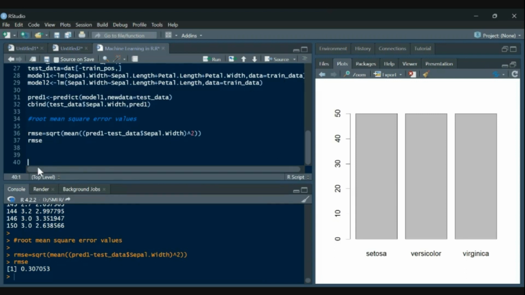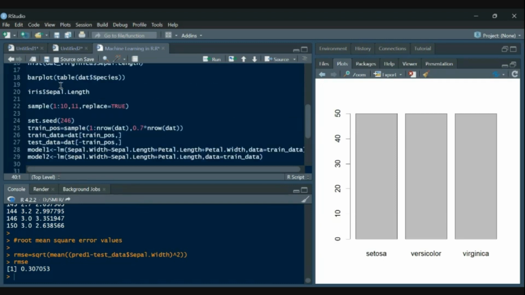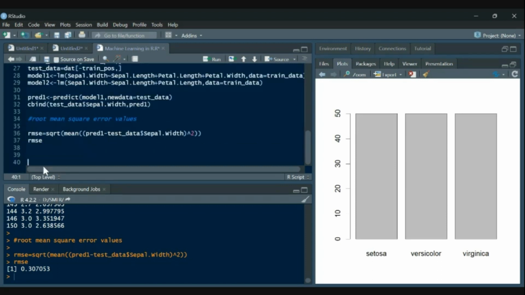As we know, here we have used so many functions. We have used lm, predict, cbind, mean, square root, sample, and many more. Barplot, all these are functions, but these are inbuilt functions in R. What I am going to tell you about are user defined functions in R. So whatever I want to define in a function, I can create my own functions.